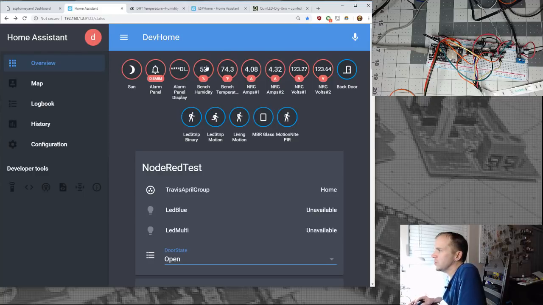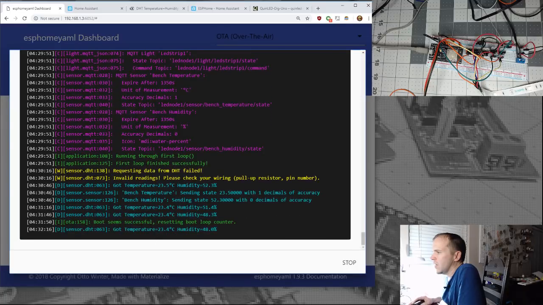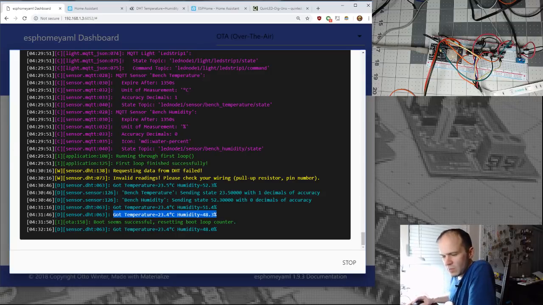It's pretty simple to do, and I noticed that in the log, it looks like it's defaulting to Celsius, which a lot of y'all may be fine with. Some may not, but I think because in Home Assistant I have mine set as Imperial in the configuration YAML, Home Assistant's automatically converting that Celsius to Fahrenheit.